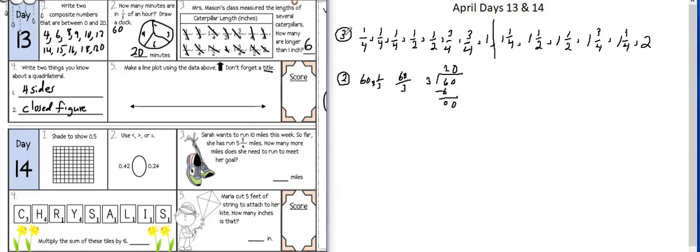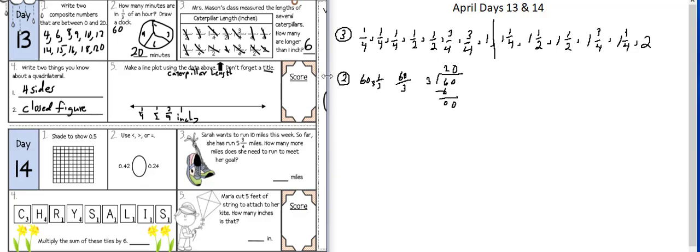Make a line plot using the data above. Don't forget a title. All right, so we can just use caterpillar length. Caterpillar length will be our title. All right, and inches. So I'm going to have 1/4, 1/2, 3/4,